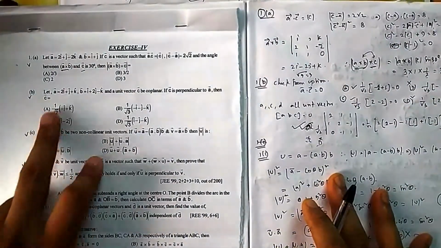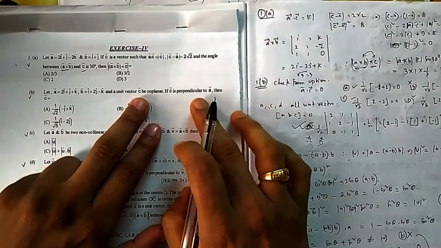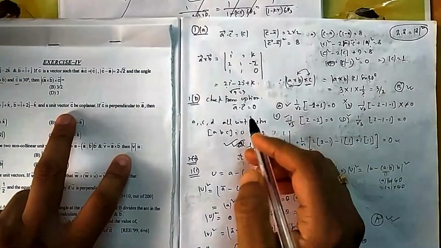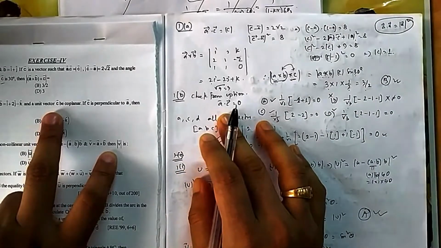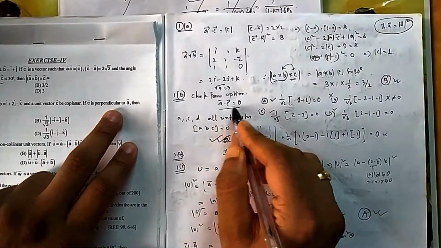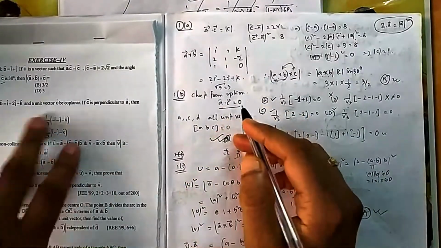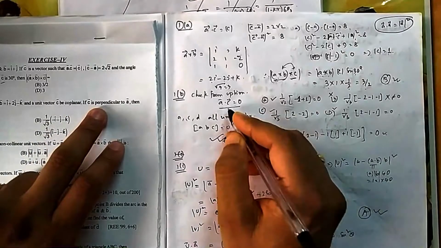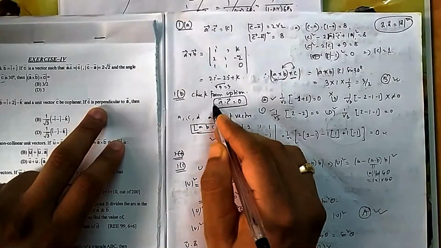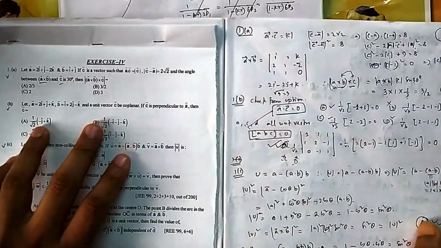Now if you come to the second one, 1B, A and B are given, and unit vector C, with B coplanar, and C is also perpendicular to A, then C is equal to what? You write all these things that are given to you. That is very important. Writing this in equation format will make it easier. First, C is perpendicular to A, that is A dot C is equal to 0, and it is coplanar, so the box product ABC should be 0. Rather than solving this directly, you check with the options which option satisfies these two conditions. Whichever option satisfies both, that will be the answer. You have to find that C.